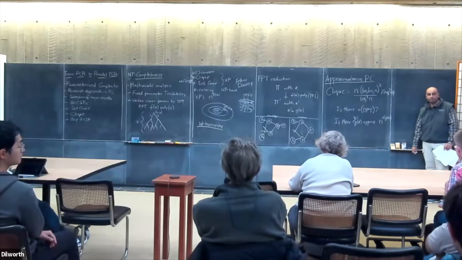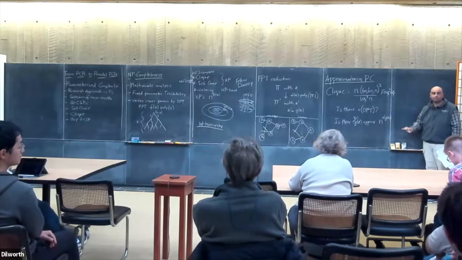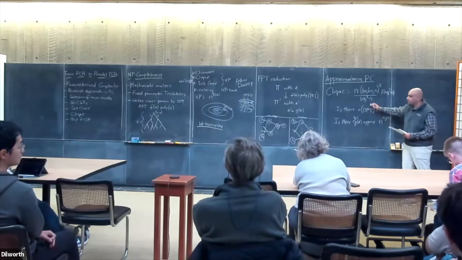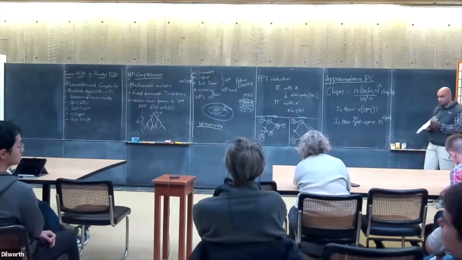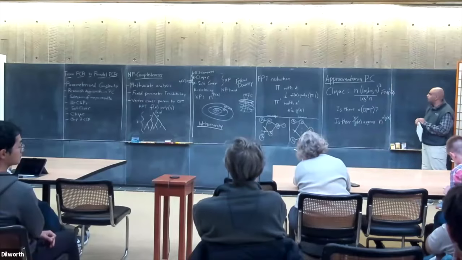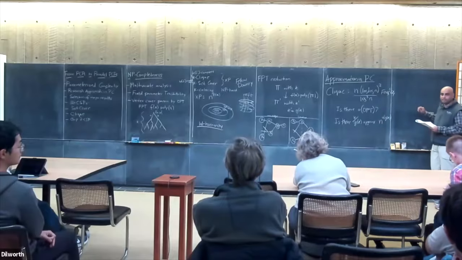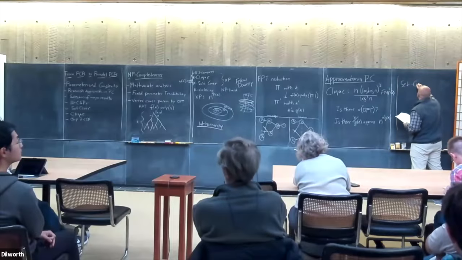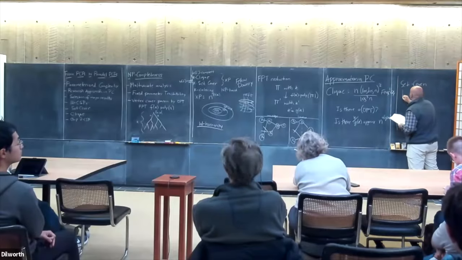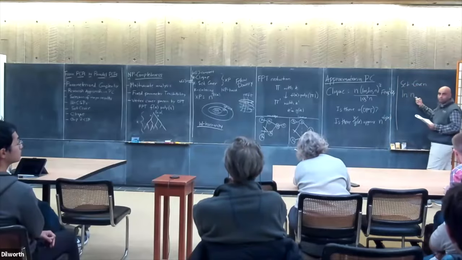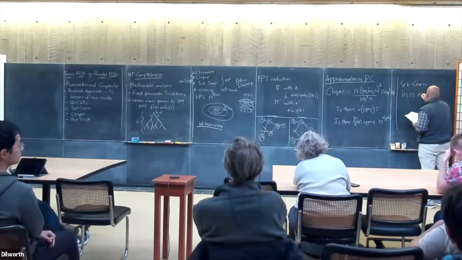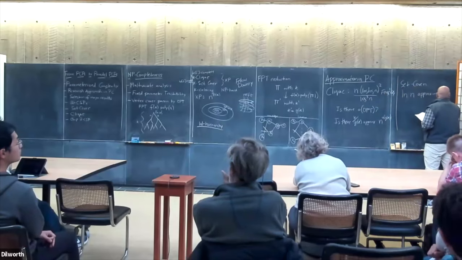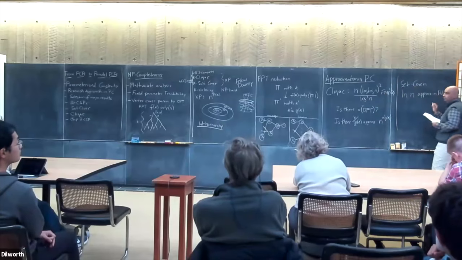Assuming gap ETH, we can get something close to this assuming ETH without a gap. So these are some motivating questions. One last motivation is set cover. We know a ln n approximation, where n is the universe size, in polytime. And this is tight, assuming P not equal to NP.